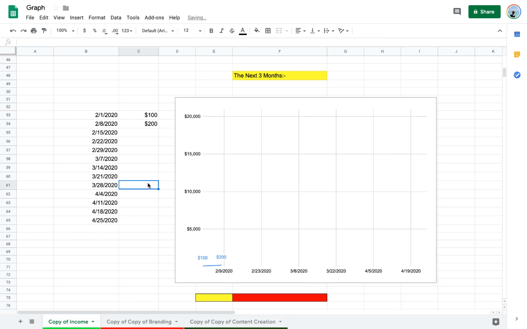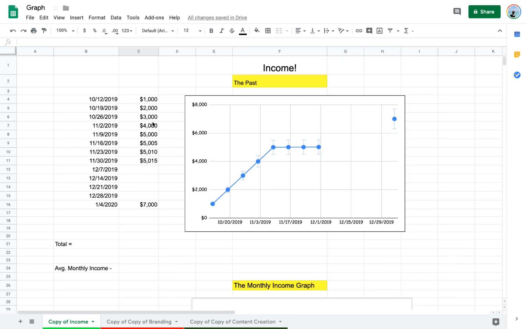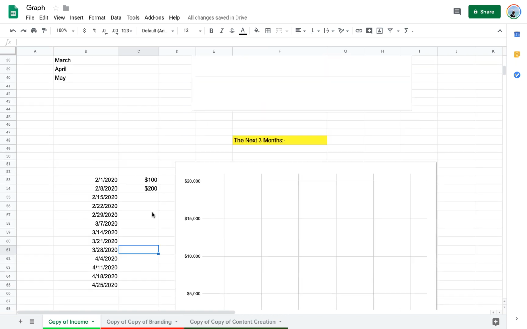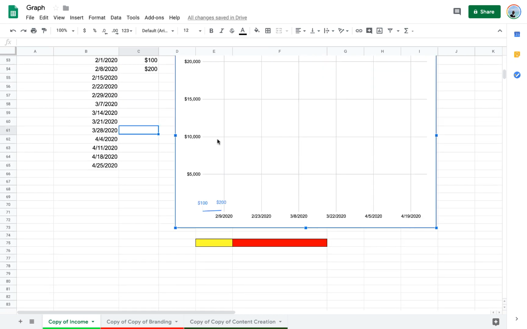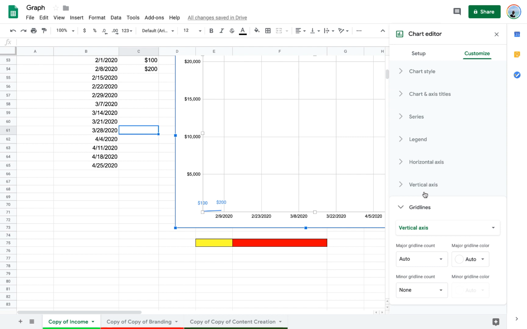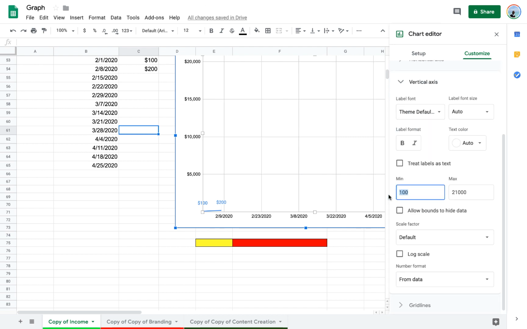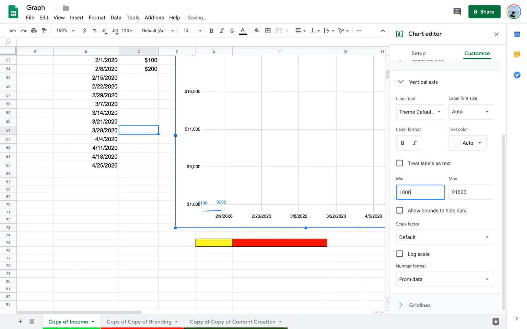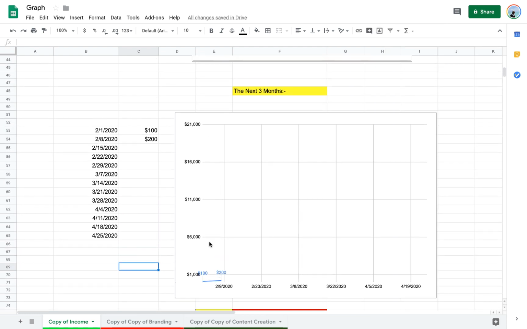Okay, and what I do is I'd go to the minimal amount that I made, and I'd use that as the, I think it's called the x-axis. Okay, so what I'm gonna do is we made just $1,000. That was the lowest, right? So I'm just gonna put 1,000 here. So what this is gonna do is it's gonna give me a more accurate graph. So it's like $1,000 was the bare minimum.